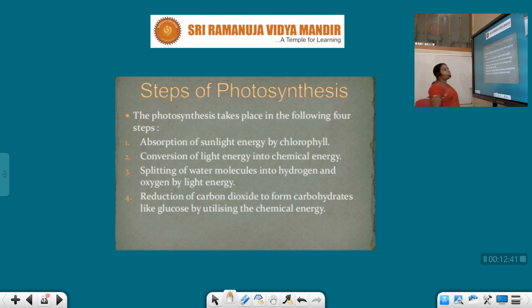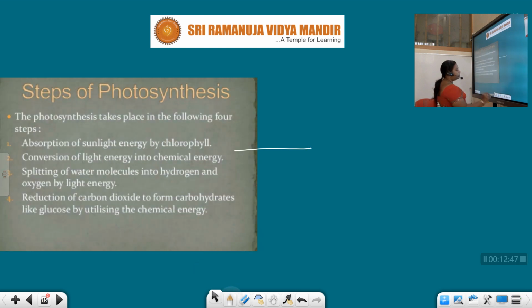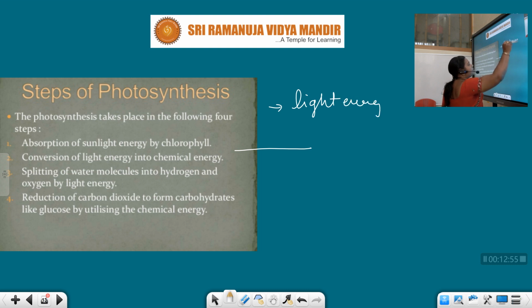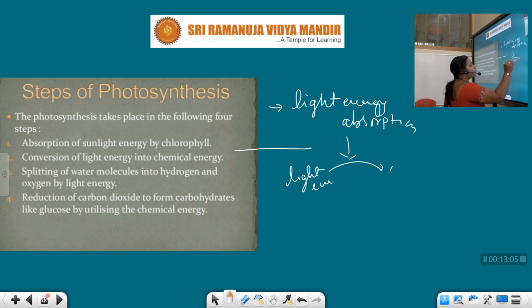Photosynthesis. Let us see the steps of photosynthesis now. Absorption of sunlight energy by the chlorophyll. See students, first of all children, what is the first step here? Light energy absorption. This is the first step, children. And the second step is conversion of light energy into chemical energy,